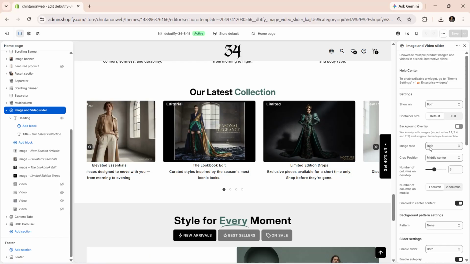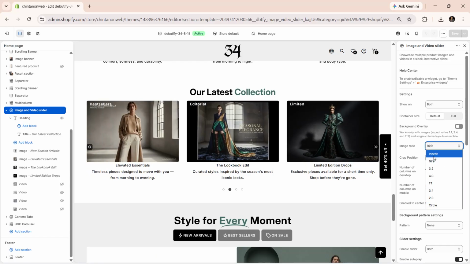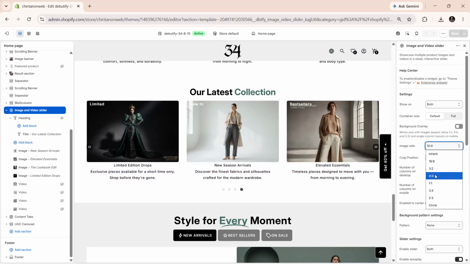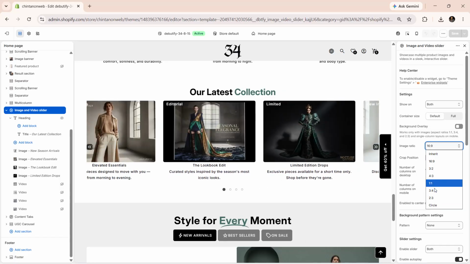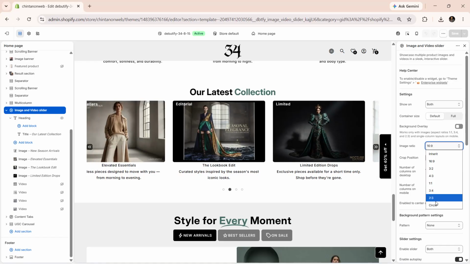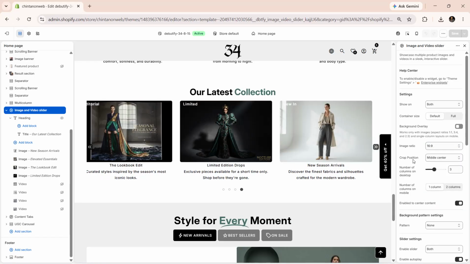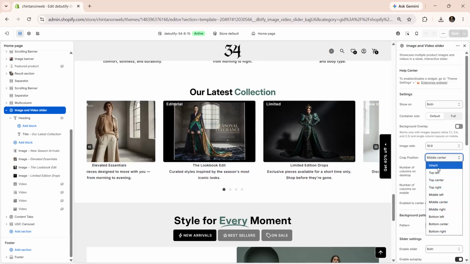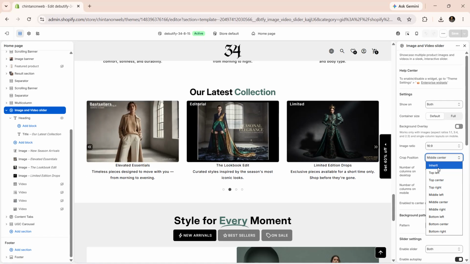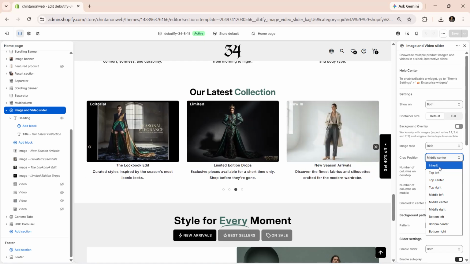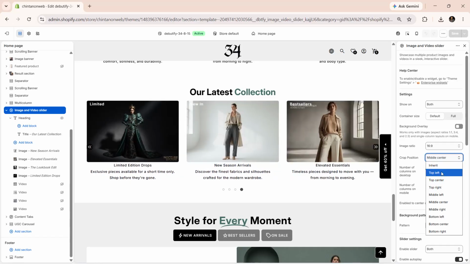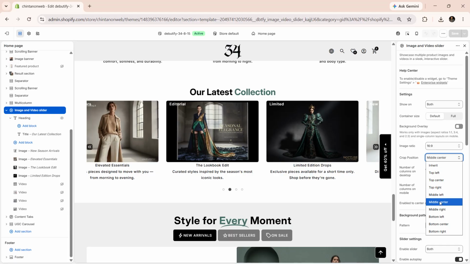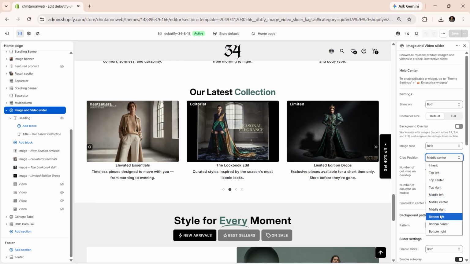Choose how your image ratio appears across the section. Available options: Inherit, 16:9, 3:2, 4:3, 1:1, 3:4, 2:3, and Circle. Use crop position to control how your image is framed within the selected ratio. This lets you decide which part of the image stays in focus when cropping is applied. You can choose from Inherit, top left, top center, top right, middle left, middle center, middle right, bottom left, bottom